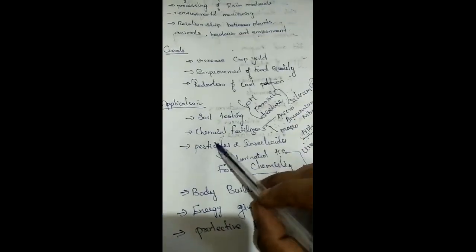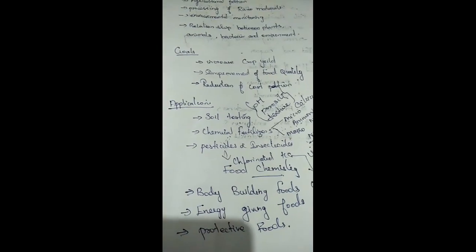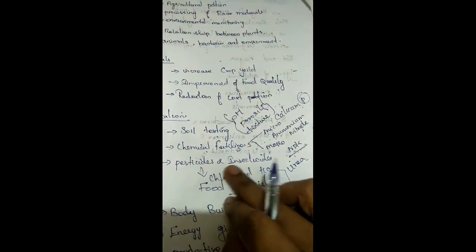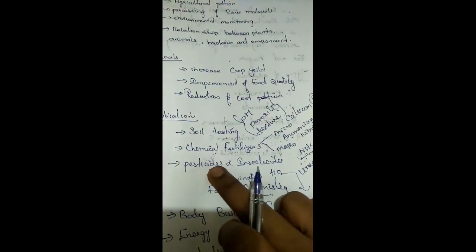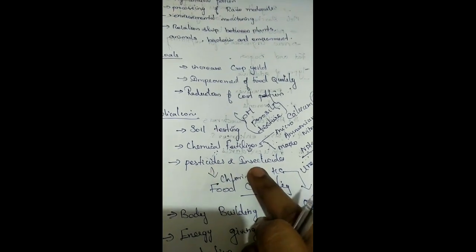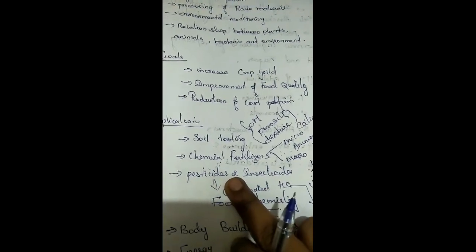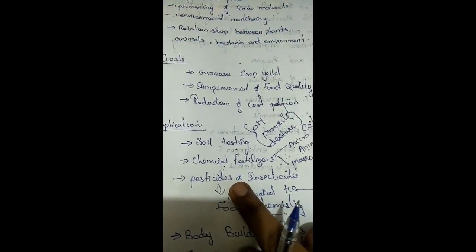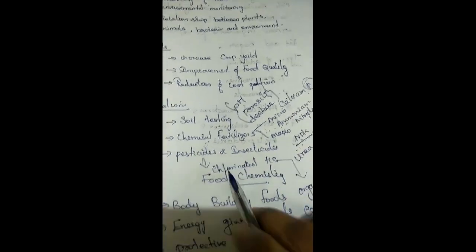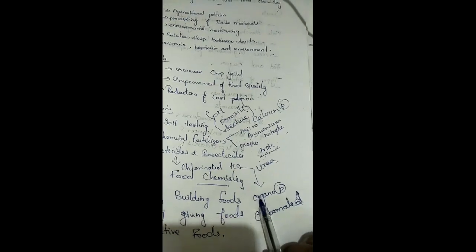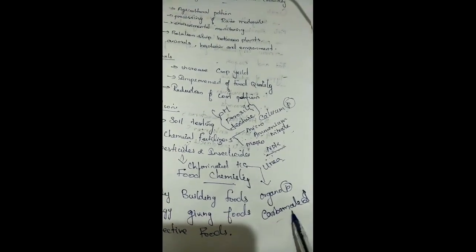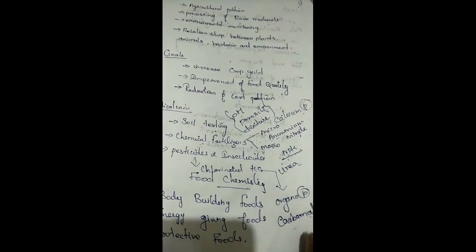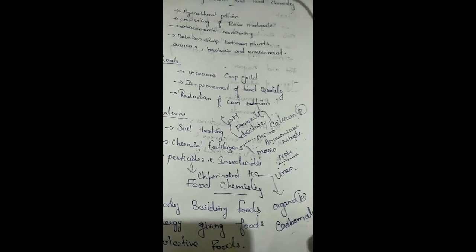The next one, we have to protect our crops from pests and insects, because they cause disease and spread the disease to the plants. So for good yield, we should protect the plant with pesticides and insecticides. These pesticides and insecticides are also made of chemicals, chemically synthesized to solve the issues. Some examples are chlorinated hydrocarbon, organophosphate and carbamates. These three are commonly used pesticides and insecticides to protect the plant from pests and insects.